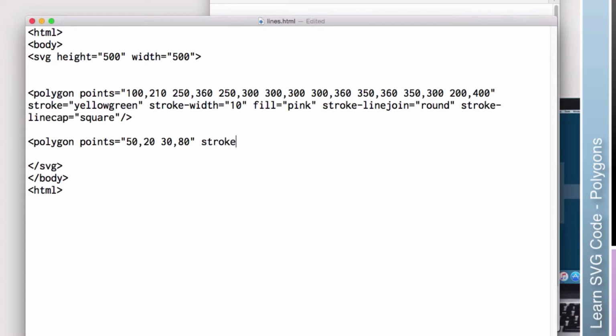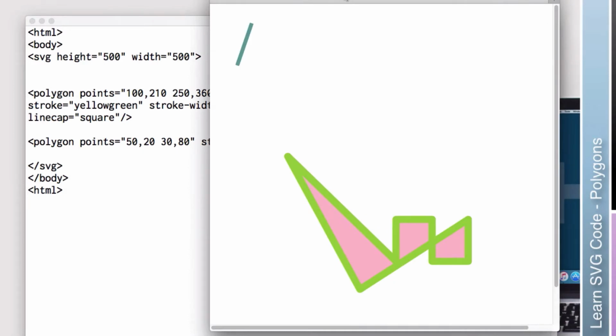So we can then do stroke equals, let's do cadet blue, and we can do fill equals orange, and oh, we need a stroke width. We'll say that stroke width equals 5. So if we save it and we refresh this, alright, so there is the little polygon that I've